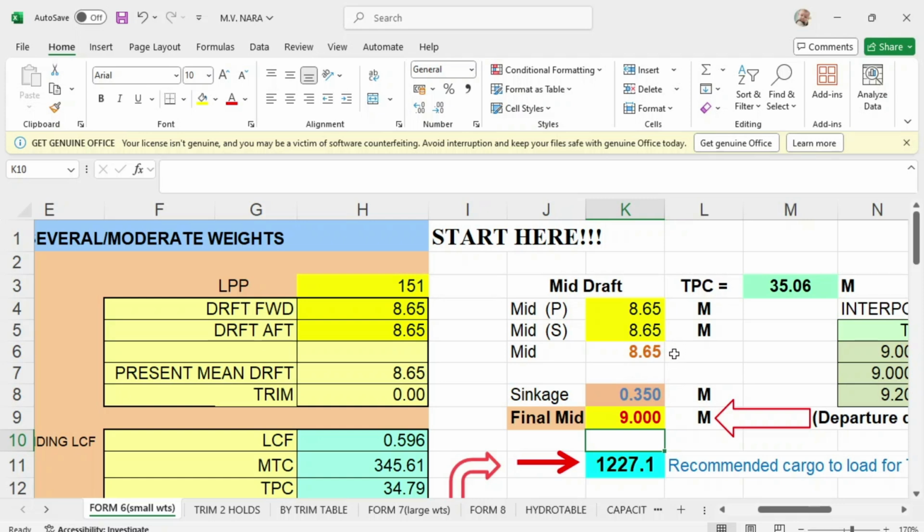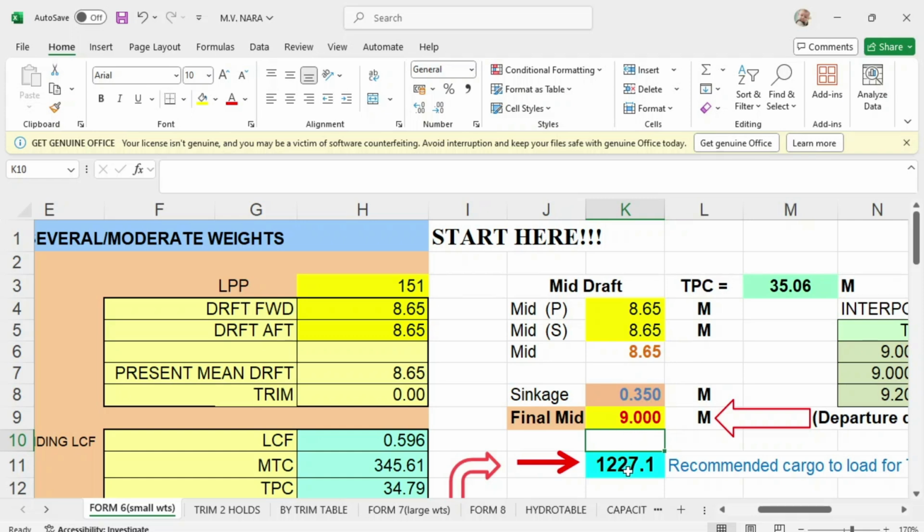Meaning from 8.65 meters, how many centimeters would she need to reach 9 meters? That will be 35 centimeters, meaning he has to load cargo approximately about 35 centimeters to reach 9 meters.